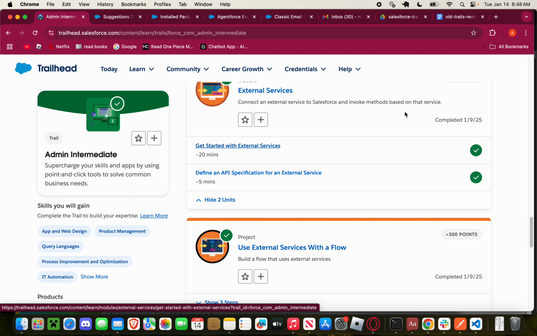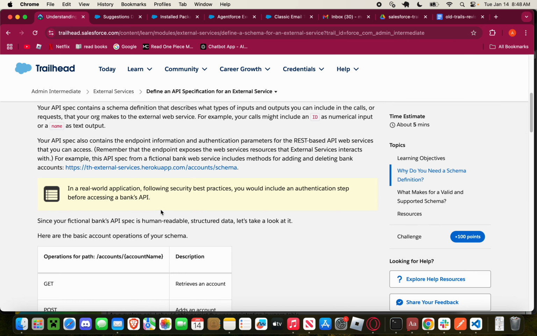All the CRUD operations are then available as invocable actions, which become native to tools like Flow Builder, and while invoking these APIs, we can configure security through named credentials. All this can be learned with the external services modules,